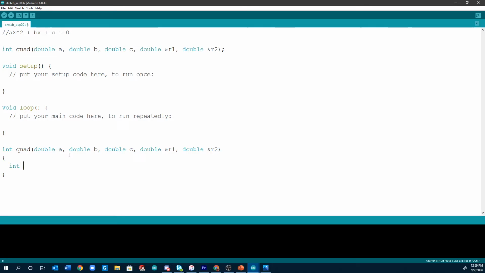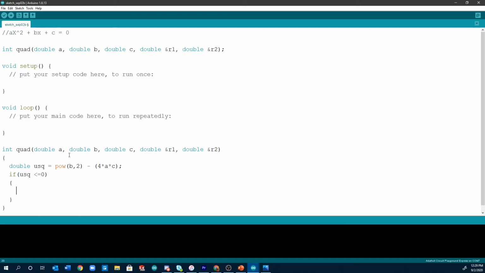So we're going to do int, we're going to call that section USQ for under square root, and that is equal to, if you remember, b squared minus 4 times a times c. Actually, that we want to be a double. I want to say if USQ is less than or equal to 0,